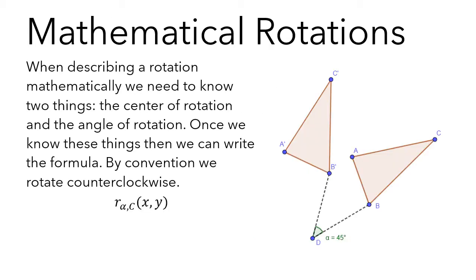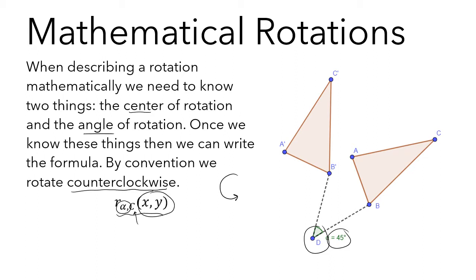When describing a rotation mathematically, we need to know two things: the center of rotation and the angle of rotation. Once we know these things, then we can write the formula. And we keep in mind that by convention, we always rotate counterclockwise, so this direction. So you need to know the center and you need to know the angle of rotation. This is the notation that we use. This symbol alpha stands for the angle, and then whatever is here is the coordinate of our center, and then